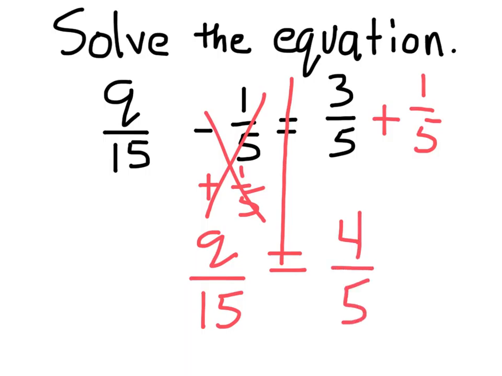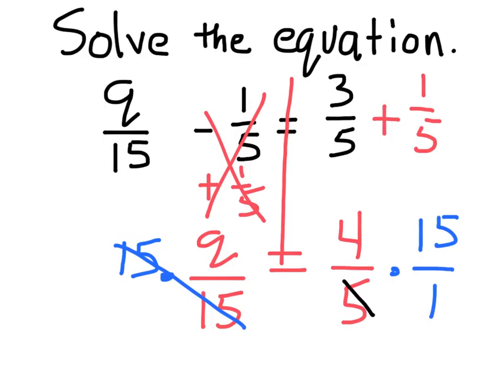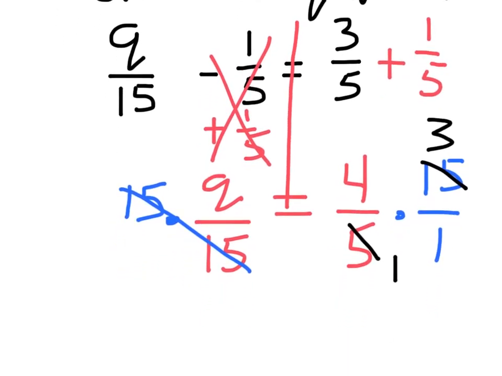Now I still have to get q alone. Q has that divided by 15 with it, so I'm going to multiply by 15 to get rid of it. Over here I'm going to multiply by 15, but I'm going to rewrite it as 15 over 1. And now I can cross cancel. I'm going to say 5 divided by 5 is 1. 15 divided by 5 is 3. And I'm going to be left with q equals